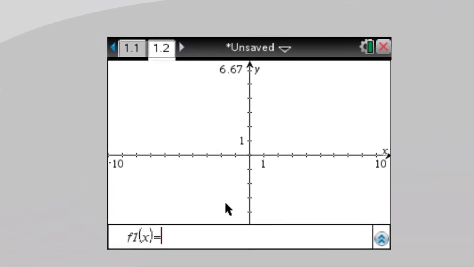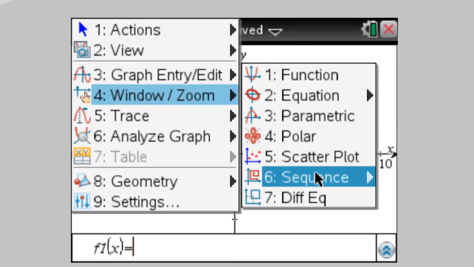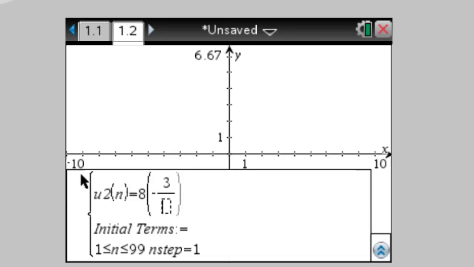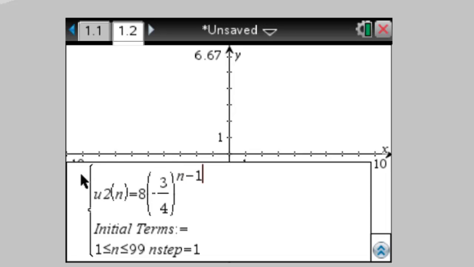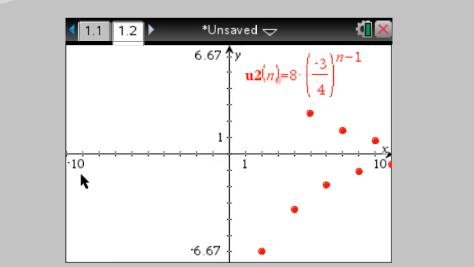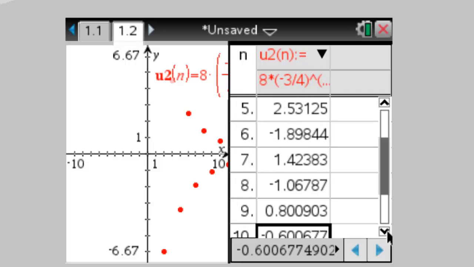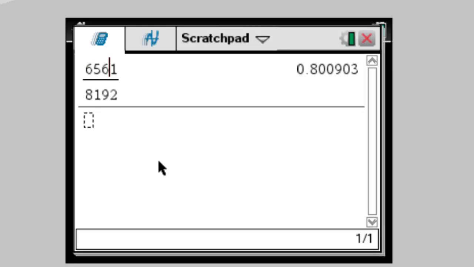All right, now let's check our answers using the table feature on our graphing calculator. On my graphing calculator, I've already pulled up a graphs page. We need to change the graph entry edit to sequence mode. And our formula was 8 times negative 3/4, all raised to the n minus 1 power. Let's graph that. That's kind of interesting how those points are looking. Then I hit Control T to get my table of values, and if I scroll down to where n is 9, I get the decimal 0.800903. What I did on the scratch pad previously was look at our answer of 6561 over 8192, and notice when I get that decimal approximation, I get